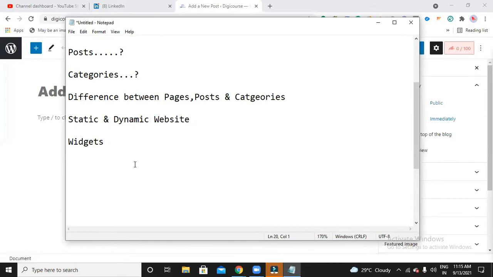In today's section, we are going to discuss posts, categories, and the difference between pages and posts, what is a static and dynamic website, and finally, we'll discuss what all these widgets are. Okay, so I'm going to start with static and dynamic websites. What is this static and dynamic? I'll show you, for example,